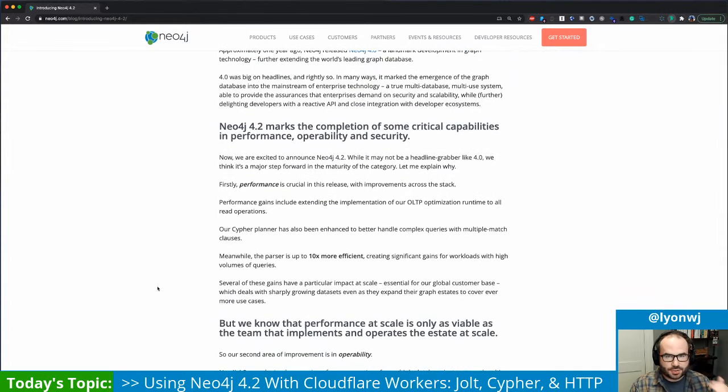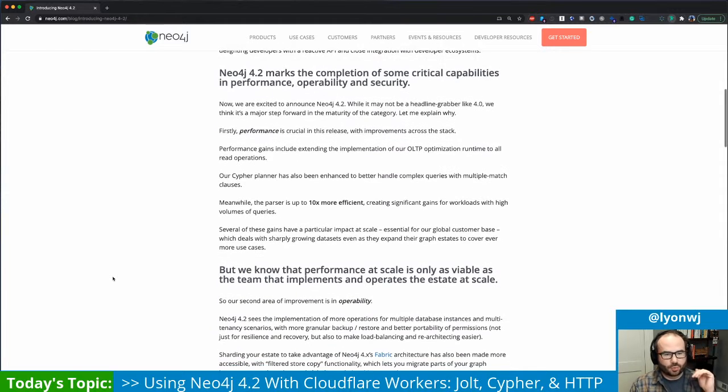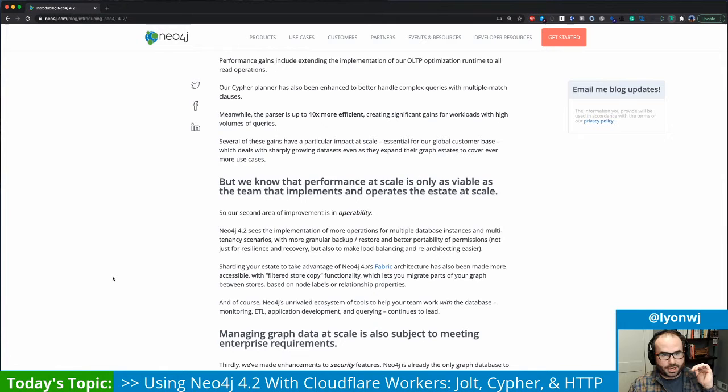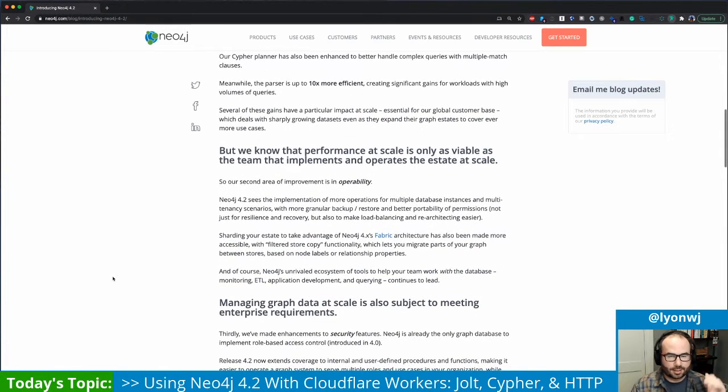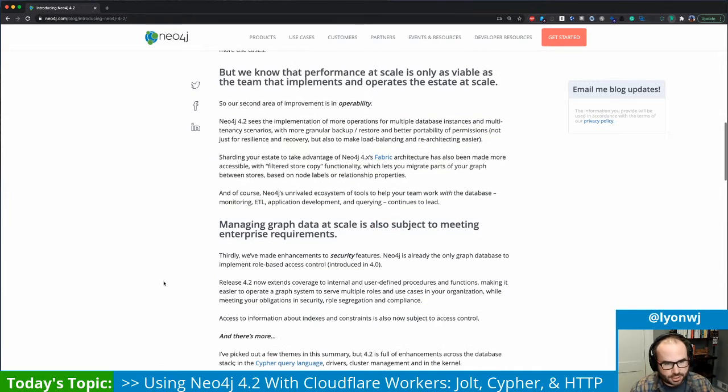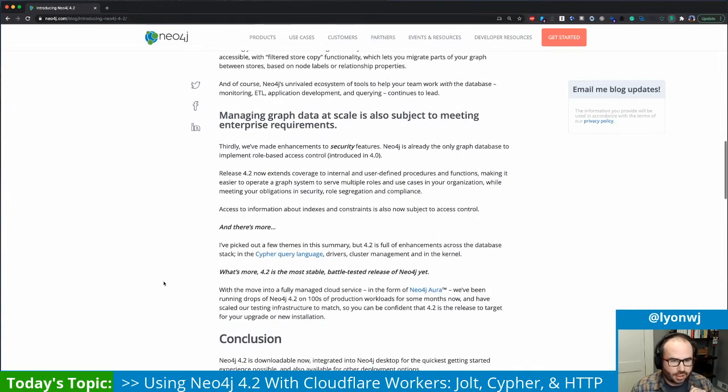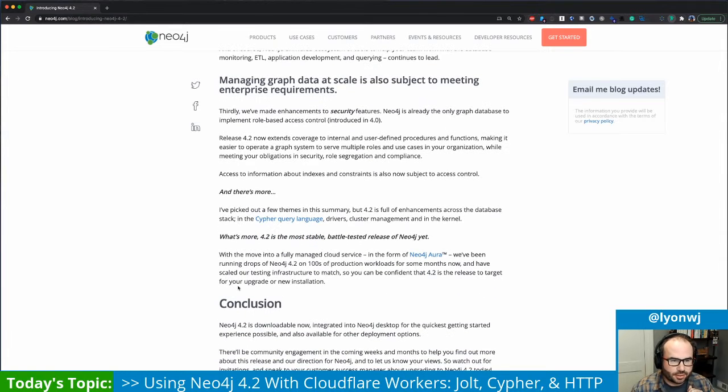This blog post gives you a good high-level overview of what's better relating to performance, relating to operability, so easier ways of using Fabric and Neo4j's sharded architecture, improvements to the Cypher planner, and then, of course, talking about how Neo4j 4.2 is available on Aura, and actually